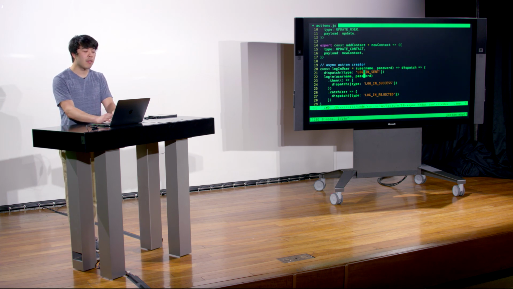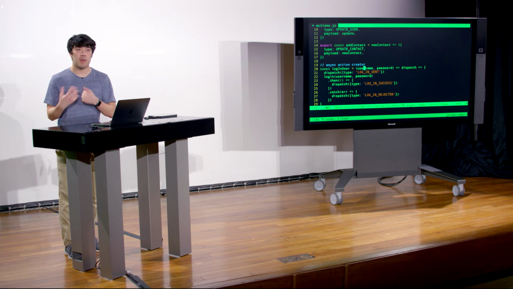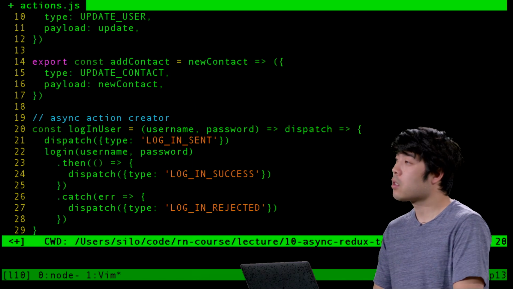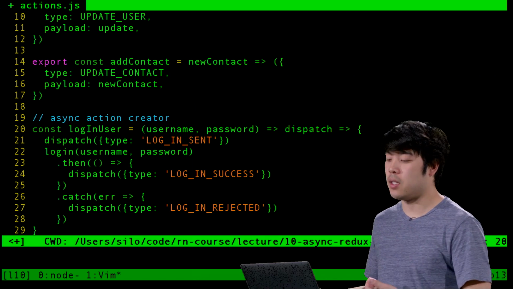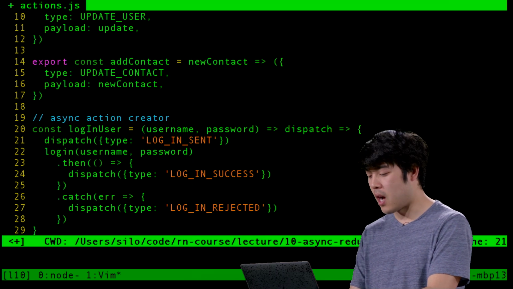So now we have an asynchronous action creator called login user that expects a username and password. It then returns a function that expects a dispatch and then dispatches something of type